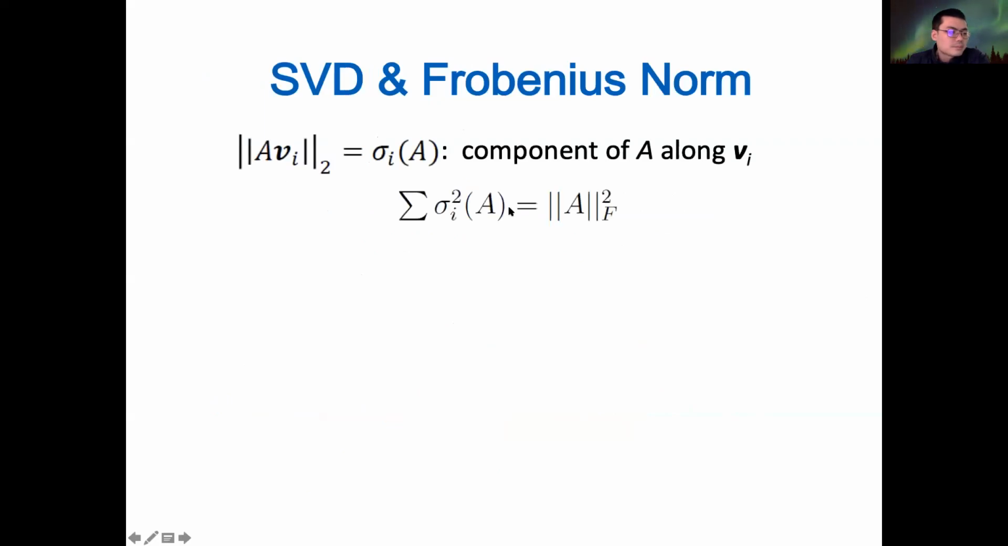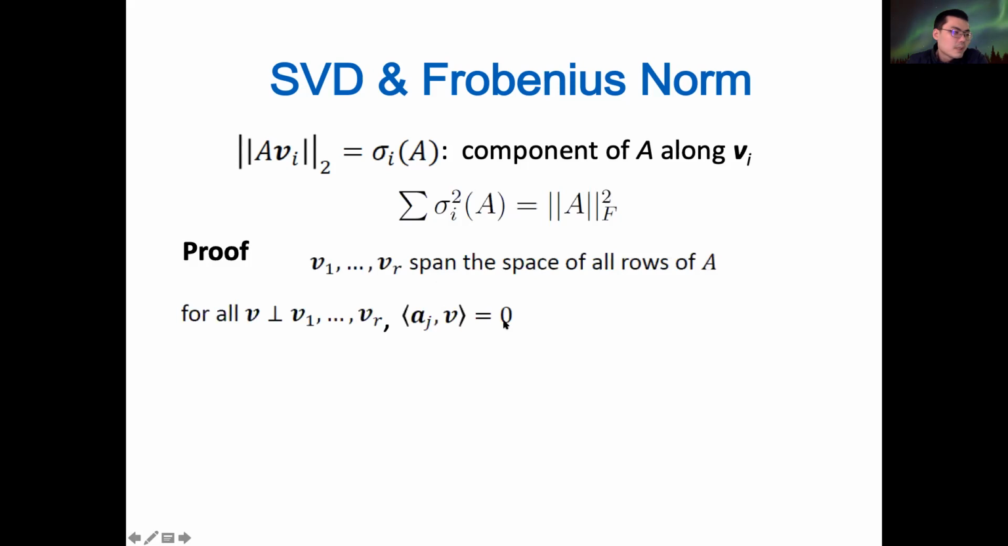The relationship is like this. If you add up all the singular values squared, it is equal to the Frobenius norm squared of the matrix A. To prove this, let's think about it. We assume the span of those r dimensions of the matrix A, v1 to vr that we defined earlier. And if we have another vector v that is perpendicular to all of them, v1, v2, all the way to vr,